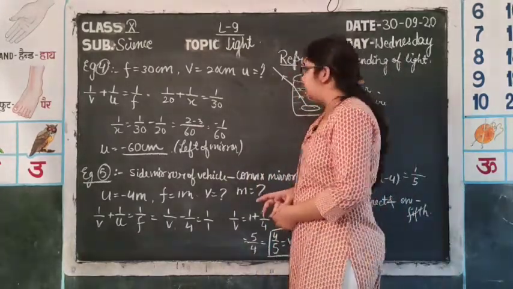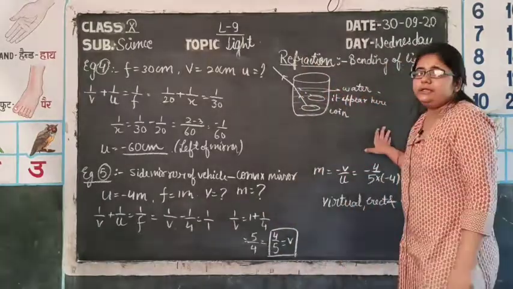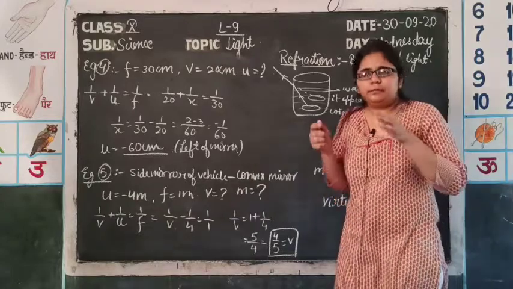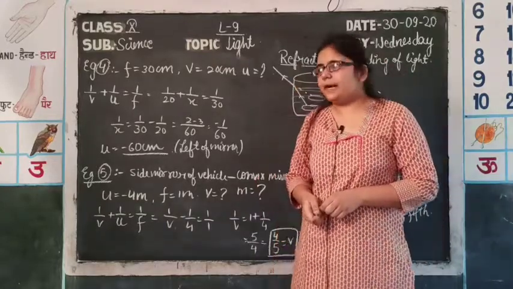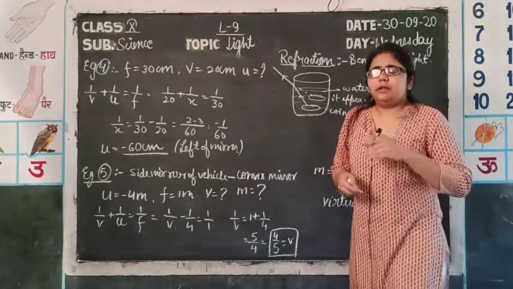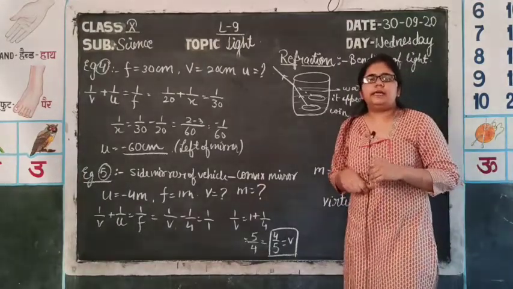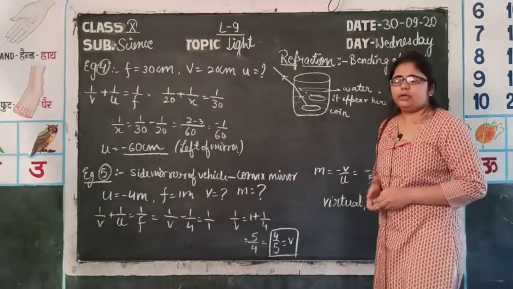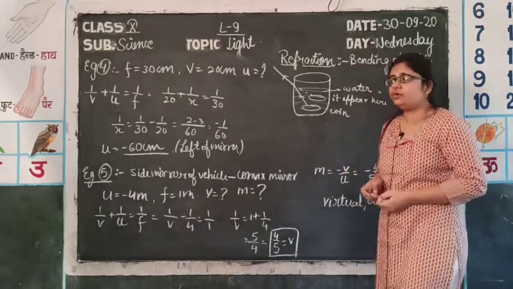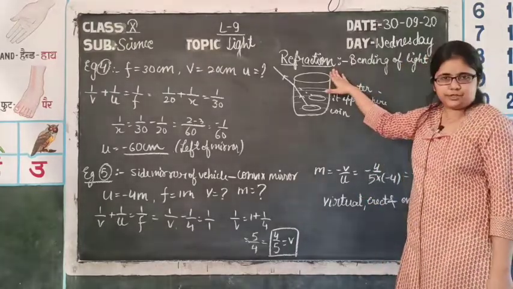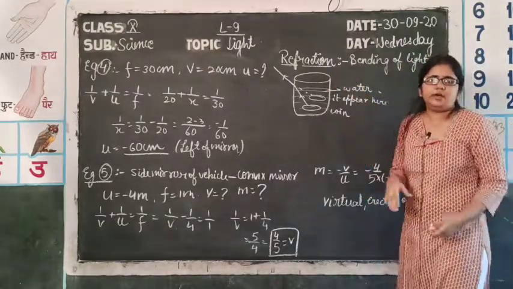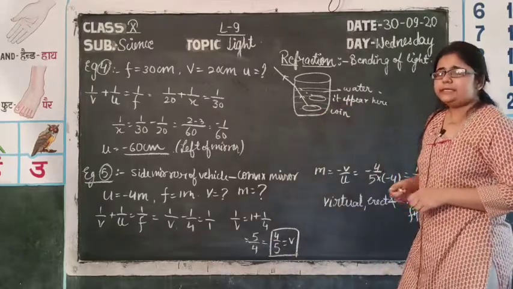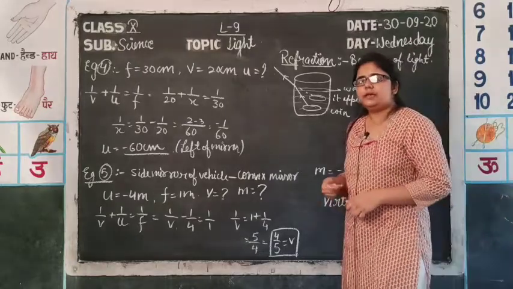Now we will discuss refraction. You might have seen that when we dip a coin in a vessel containing water or some other kind of liquid, the coin appears at a slightly higher level than the actual depth. This apparent depth and the looking of the coin at a higher level is due to a phenomenon known as refraction. It is not reflecting back or changing the direction of light in the same medium, but it is transmitting the ray towards another medium.